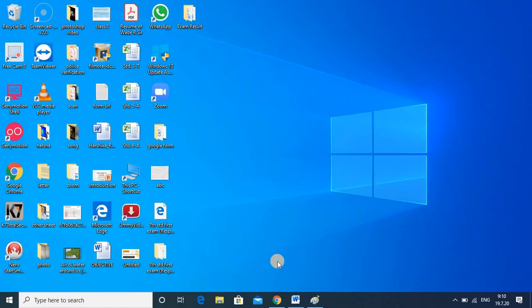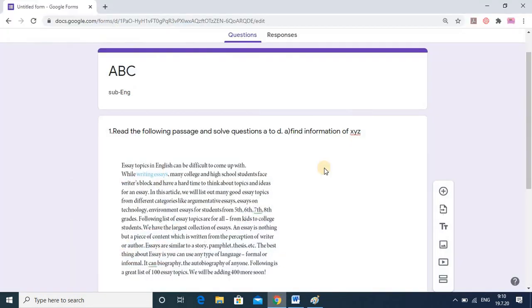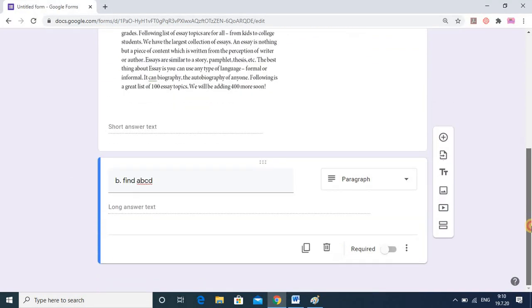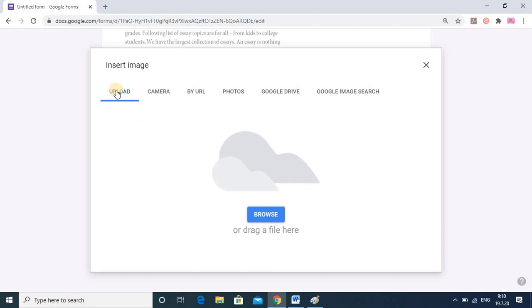So I told you two ways, one is in Paint and second is you have to open with Microsoft Office. And here in the Google form, as I guided you, whatever the questions are there, suppose here you can click on the image icon. So after clicking on image, you have to click on the upload option and select the image, whatever image you made after cropping and resizing.